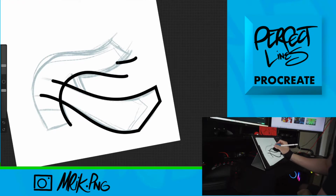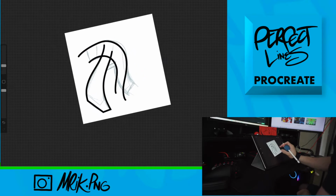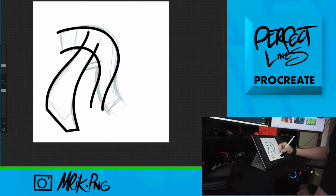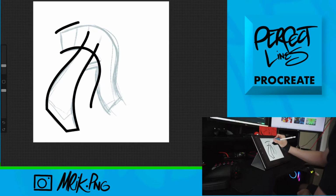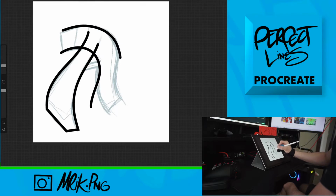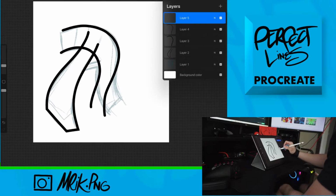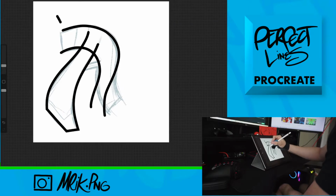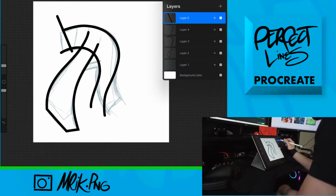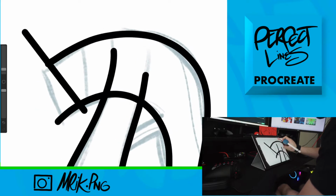And always remember, try to create new layers for each line. It takes a while, but the results are really, really good. Whenever you finish it, you're gonna be like, oh damn, that looks nice. Yeah, do that. New lines all the time. Layer, line, new line. So I can erase and not be worried about making a mistake of erasing too much